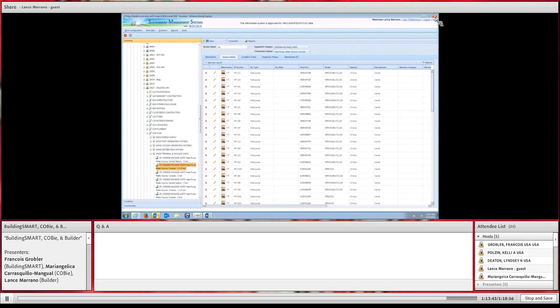because everybody has different data sources. The benefit and the beauty of something like COBie is we can point somebody to a standard like that and say, hey, you all go to that standard, and then we only have to